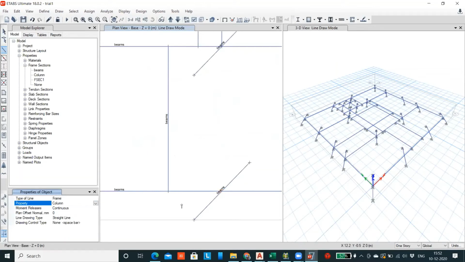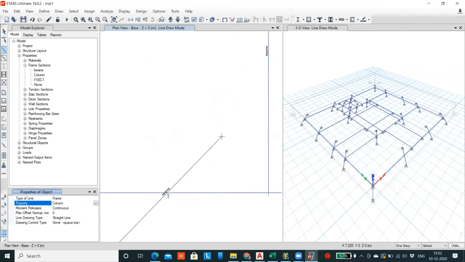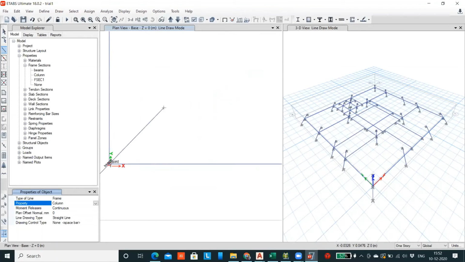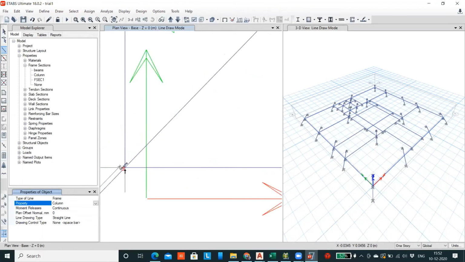You can click over there, right? If I want the column over here, you can just click on that intersection point. So at this joint, I want the column. So what is the length of the column? So it is 3 meters.